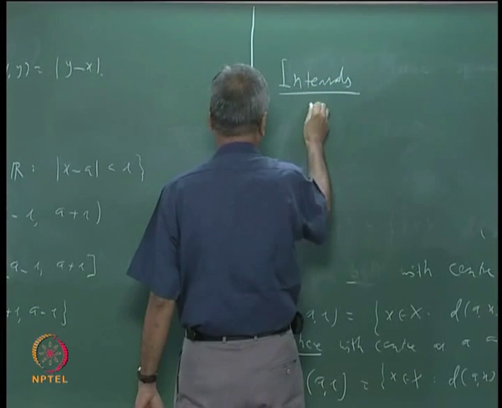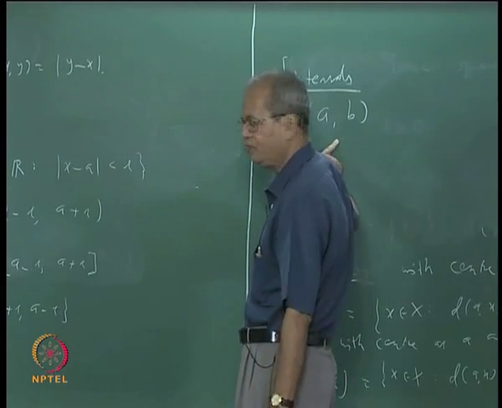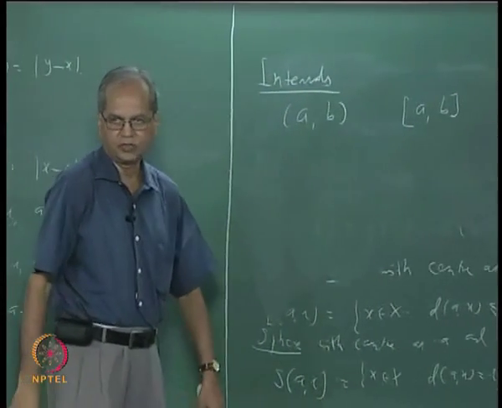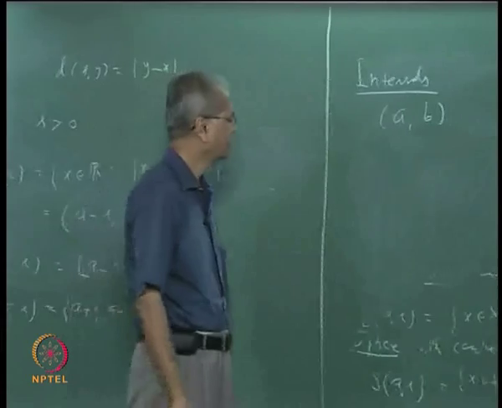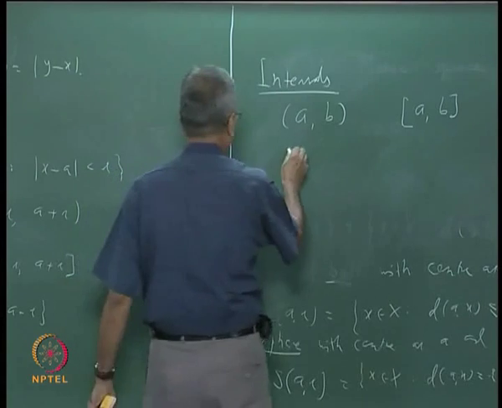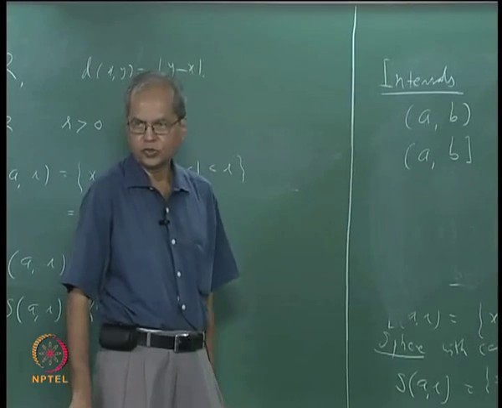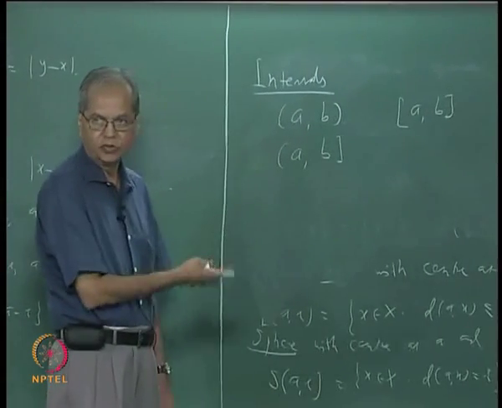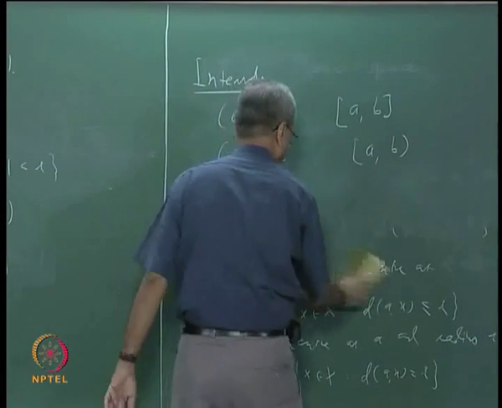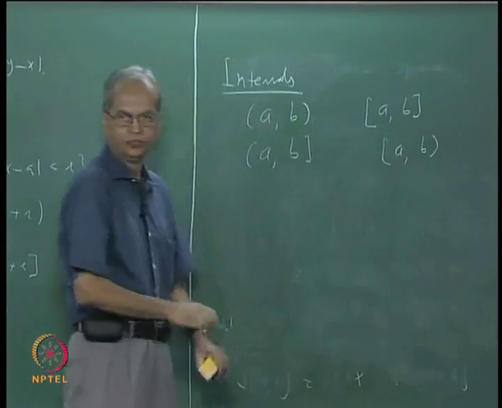You know that this is what we have called an open interval, that is, the set of all x for which A less than x less than B. Then this is what you called a closed interval, where both the endpoints are also included. We can also think of including one and excluding the other. For example, it can be open at this side and closed at this side, that is also an interval. Similarly the other way, that is, include A and exclude B. All these are intervals.